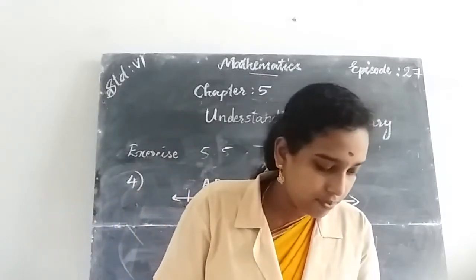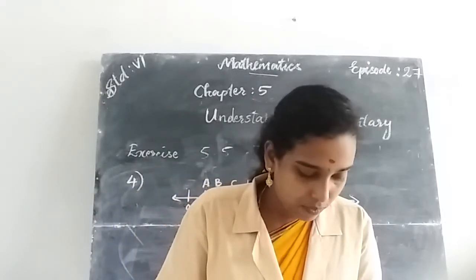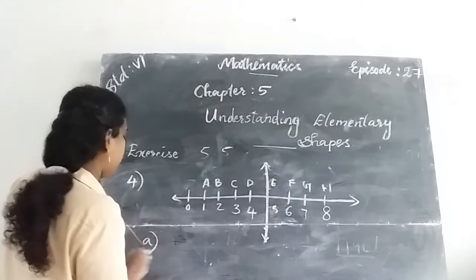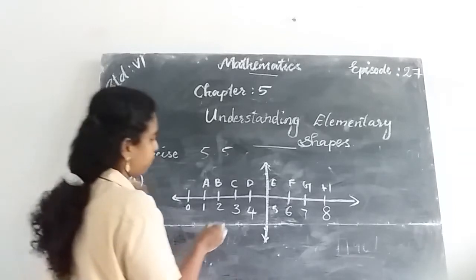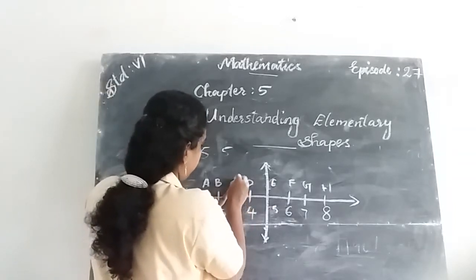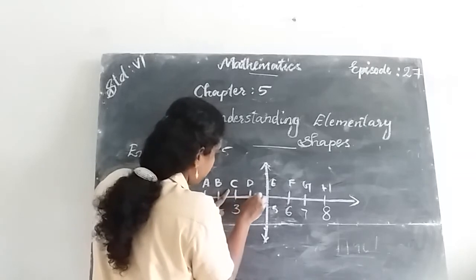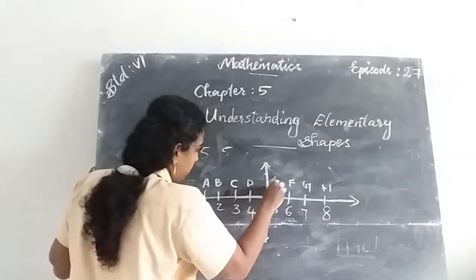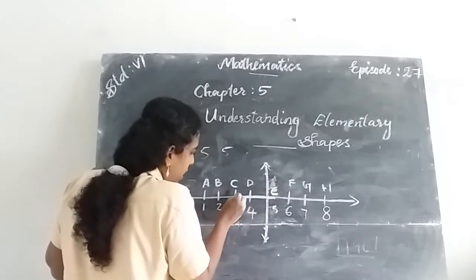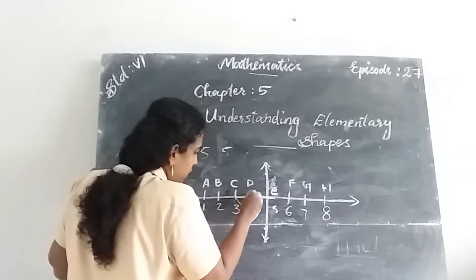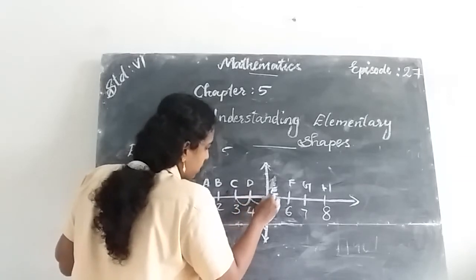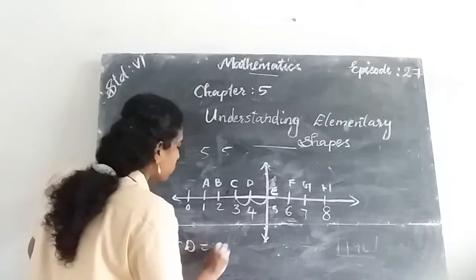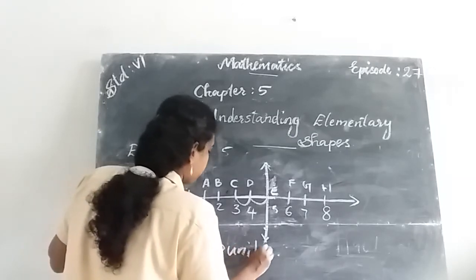And the first question is you want to prove that CE is equal to EG. Here the point CE, from C to E. Okay, this is the point E. And from C to E, how many units are there? From C to D, 1 unit. Then from D to E, it's 1 unit. CE is equal to 2 units.